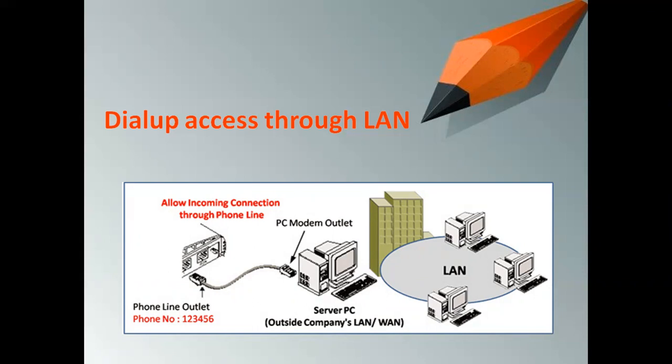Here the broadband connection is connected with the server computer with the help of a modem outlet, at the fastest speed, and it provides the connection to the individual terminals. These individual terminals also get the fastest speed. Such type of connection is mostly utilized in cyber cafes. The broadband connection is provided to the server computer, and the rest of the computers which clients are using in the cyber cafe can use this connection.